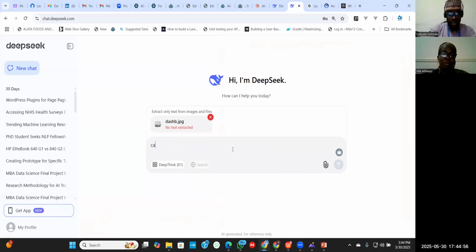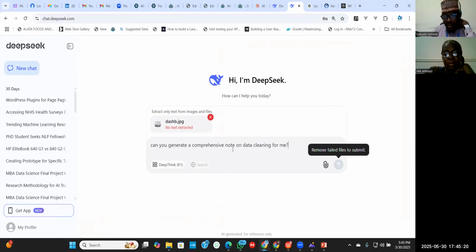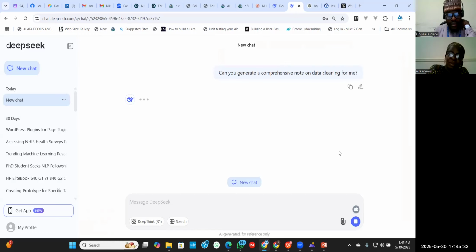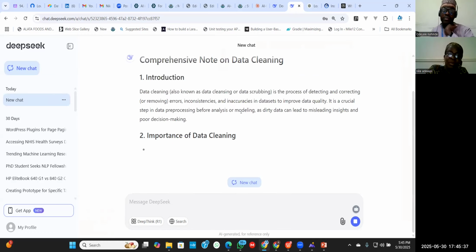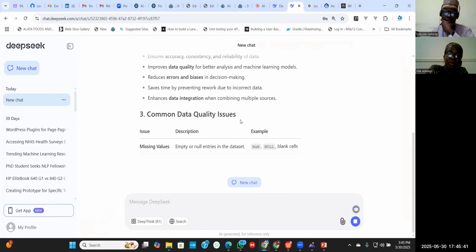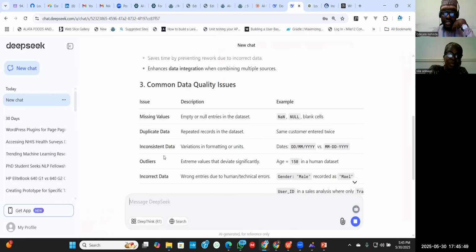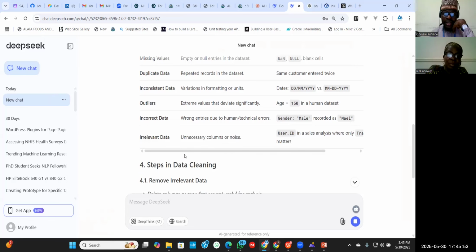Let's say, can you generate a comprehensive notes on data cleaning from... Common data quality issues: missing values, duplicates, inconsistent data, outliers, incorrect data, irrelevant data.